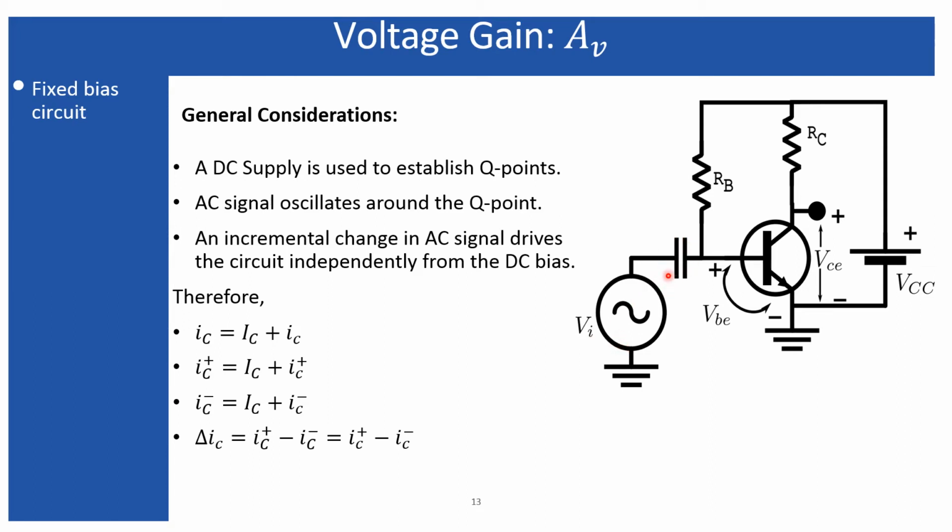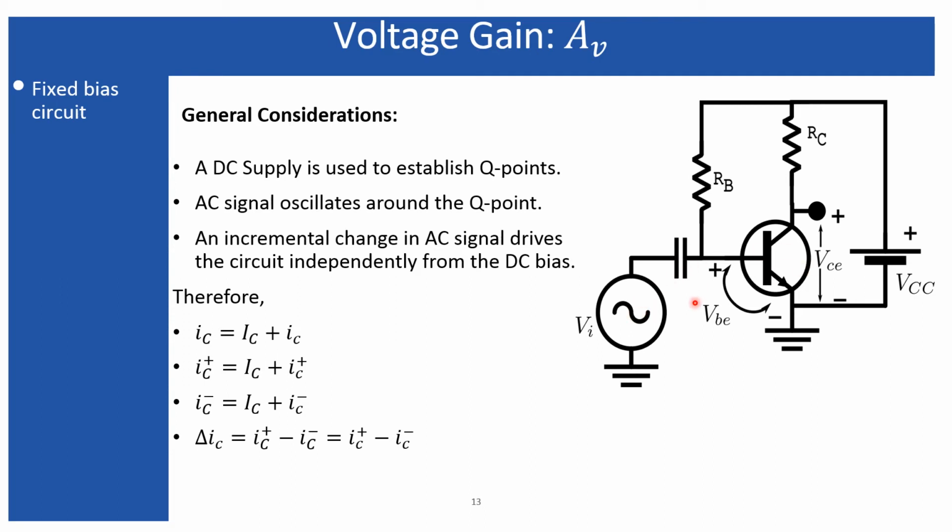This capacitor is an important one, because if there exists any DC current due to a DC offset within that AC signal, that DC current may deviate the Q point, which gets established due to the presence of the DC voltage. So therefore, this capacitor is to block the DC current if it exists within the AC signal. Or you can say that if this signal is a mix of both AC and DC, the input of this circuit will be the pure AC signal, and the capacitor will block the DC part.